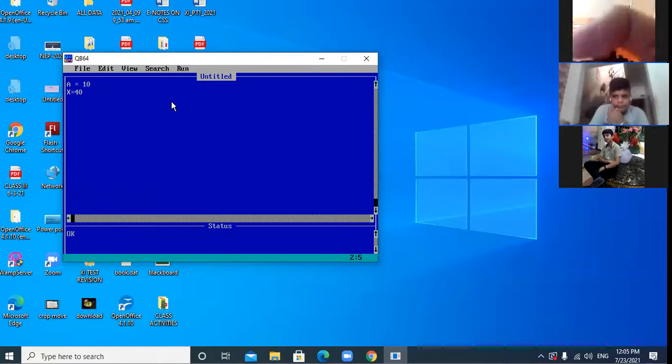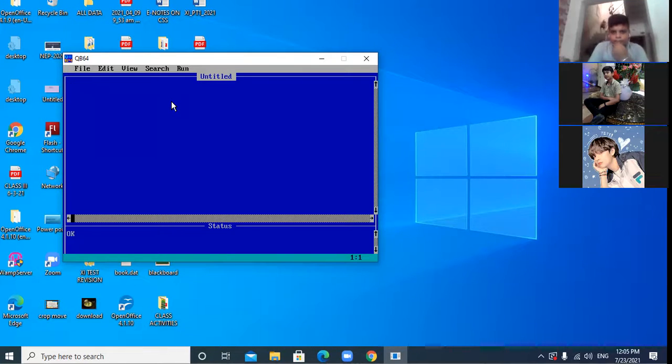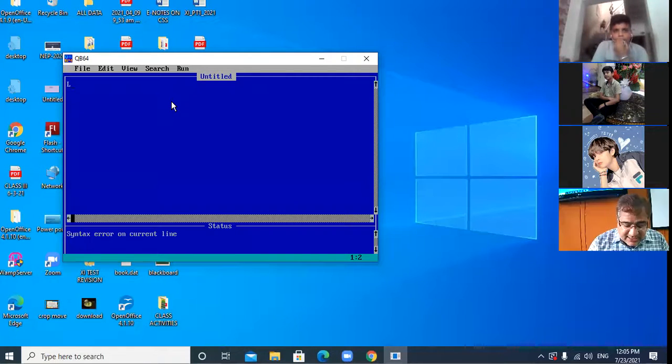All right. Now in QBasic, if you want to assign any value to a variable, the command is let. The let statement is used to assign any value to a variable. Let space A equal to any value. I am giving 20. Okay.